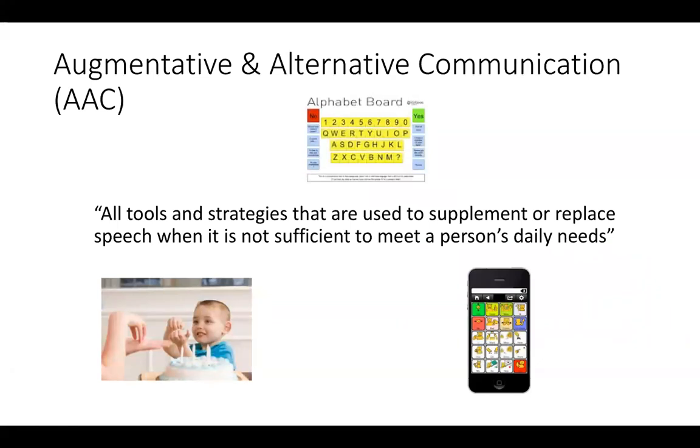And then the second part of the definition I want to point out is that AAC can be used both to supplement as well as replace speech. So I think some people, when they think of AAC, think it might only be helpful for individuals who are nonverbal. But that's just not the case. And I would actually hazard to guess that most individuals who use AAC actually do have some speech. The underlying concern, though, is that the speech isn't sufficient to meet all of that person's needs. Maybe their speech is difficult to understand. Maybe they just don't have enough words to adequately convey their thoughts. And so there are a lot of children out there who might benefit from AAC who aren't currently using it.